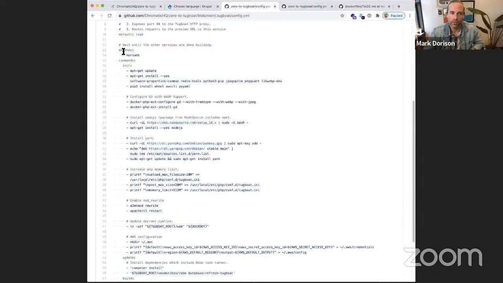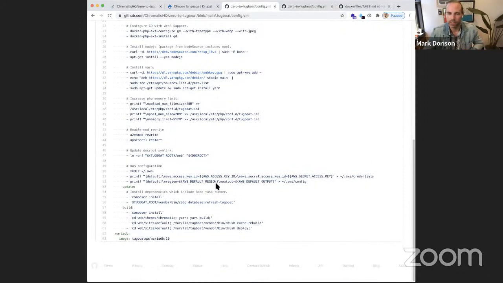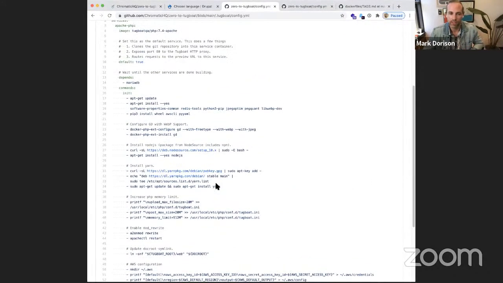Here on line 13, we've marked the Apache image as depending on the MariaDB image. So this Apache image can't build until the MariaDB image has been built because we are going to need access to what's there. So running through what's different about our steps here